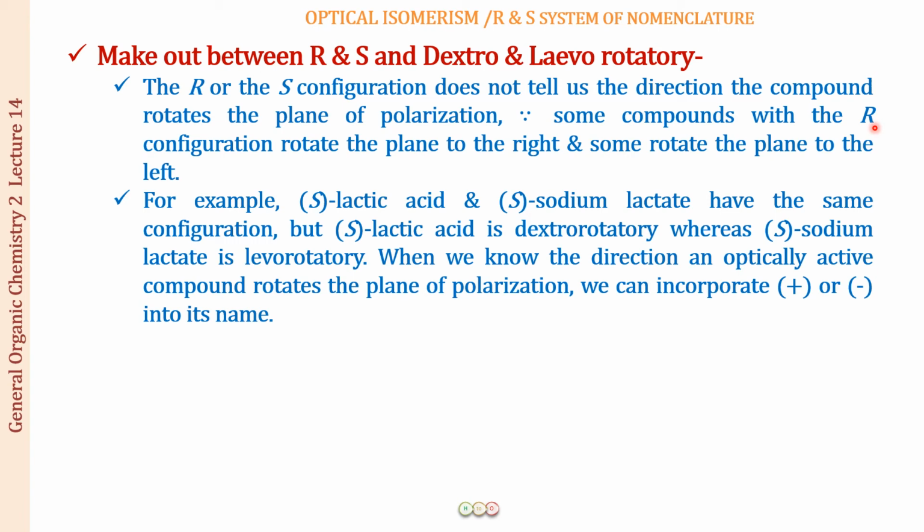Well, we will have to place the compound in the polarizer. From that, we will be able to know whether it is rotating the light in the clockwise direction or in the anti-clockwise direction. There is no other way. So the RS configuration is beneficial to us, as we do not have to put every compound into the plane polarizer and find out its nature to differentiate between the two compounds.